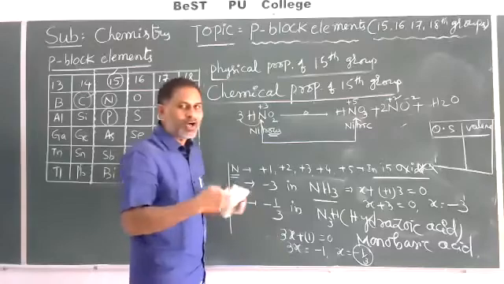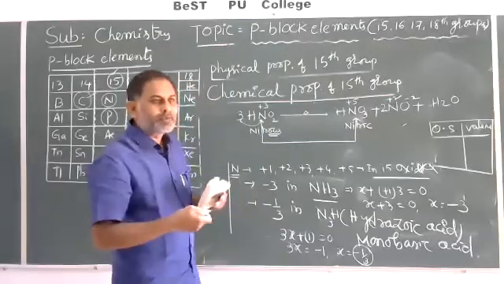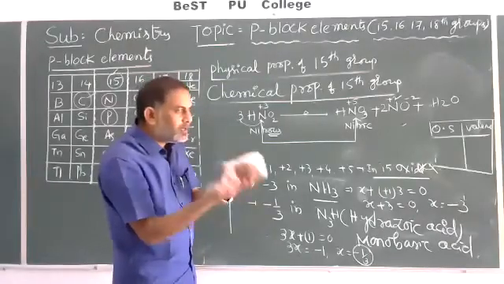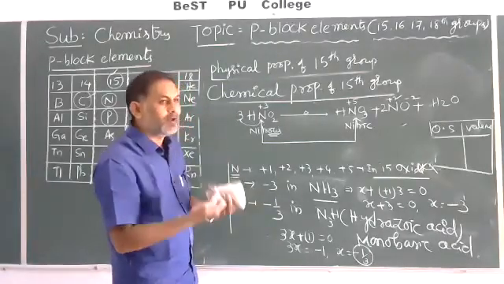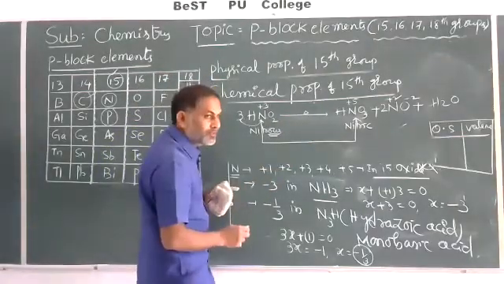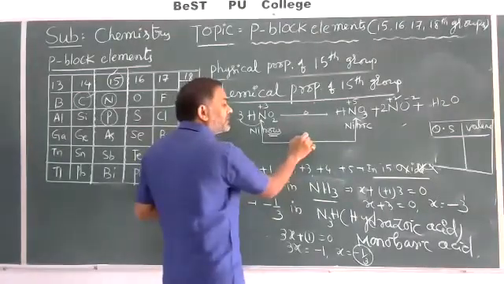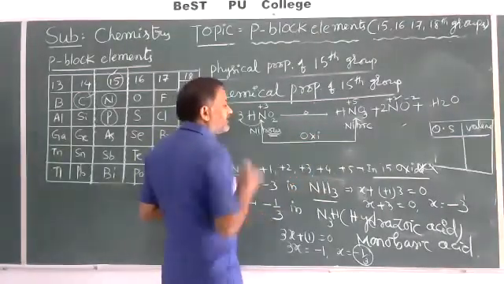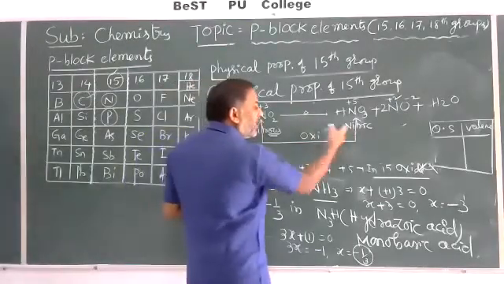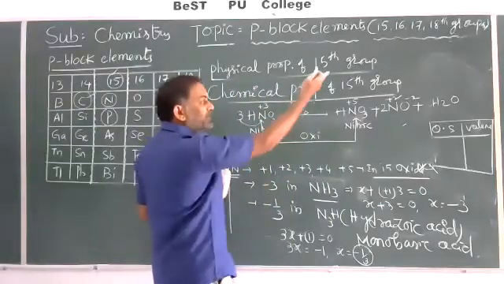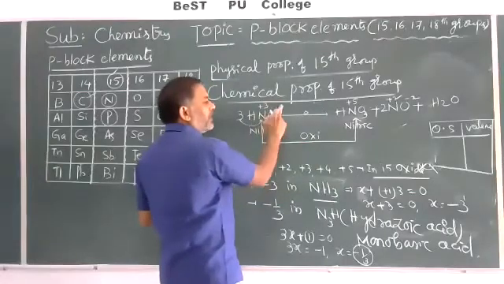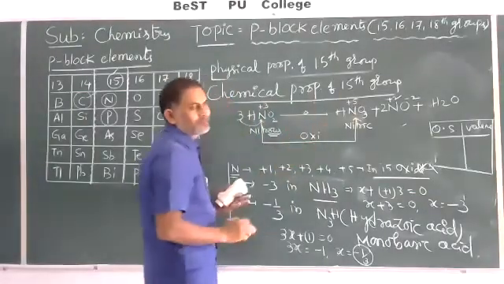What happens? Positive charge, what happens? Increasing. Positive charge increases means removal of electrons takes place. Removal of electron is nothing but oxidation. Loss of electron is called oxidation. So nitrous acid to nitric acid, an oxidation reaction takes place, because positive charge rises, removal of electron. After removing electrons, plus 3, plus 4, plus 5, it increased.